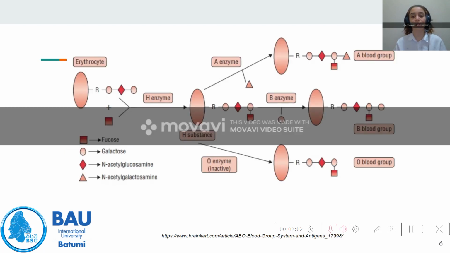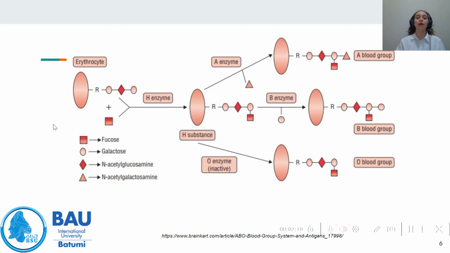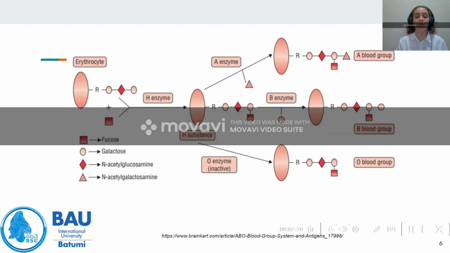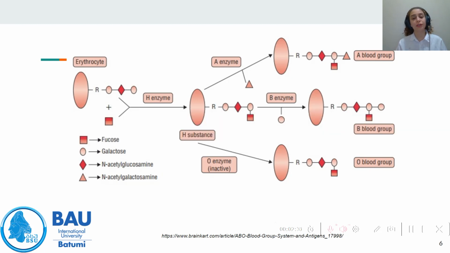So this diagram explains the biochemistry of these antigens. Here on the left we have the erythrocyte with the base of the antigen, and whenever we have the addition of this fructose molecule at the end of it by the H enzyme, we have the production of the H antigen. And whenever we have only the H antigen and no other molecule on top of it, we say that the person has the O blood group, because we don't have the activity of the A and the B enzymes, the transferases that are responsible for the A and the B antigens. That's why it is the O antigen without any additional